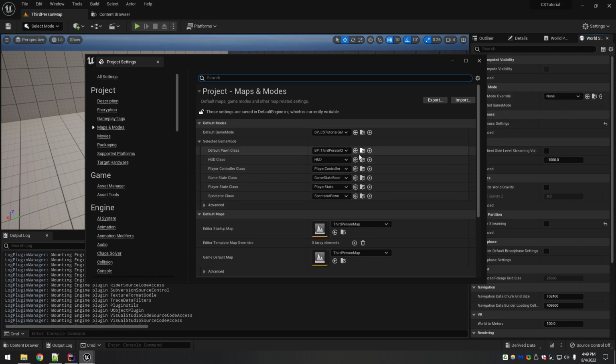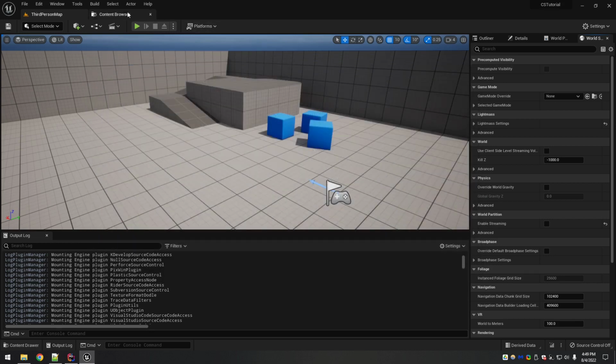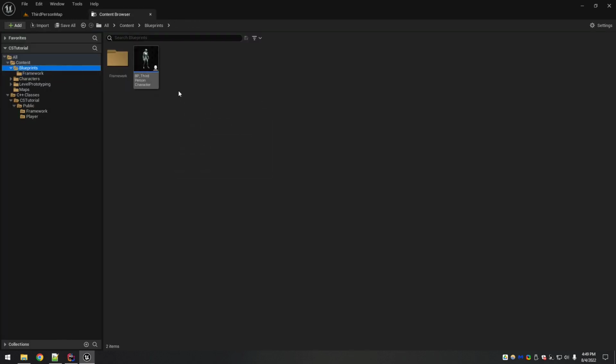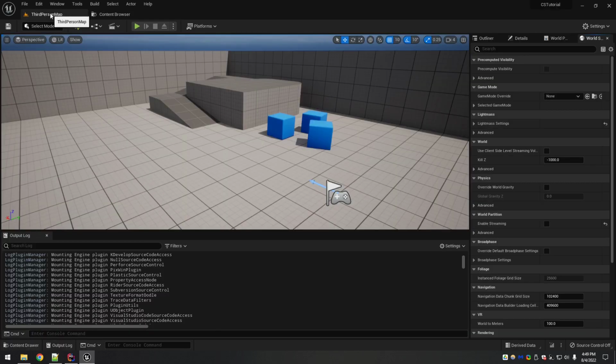So all I did, default pawn class is the blueprint, and then obviously the game mode is the blueprint I made. This third person character blueprint was just part of the default project. When I made this project, it's a C++ third person, so it came with this by default.